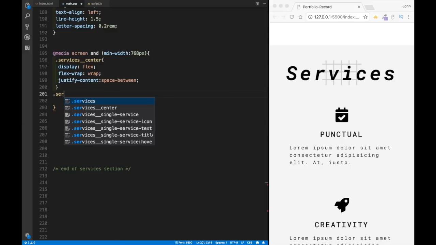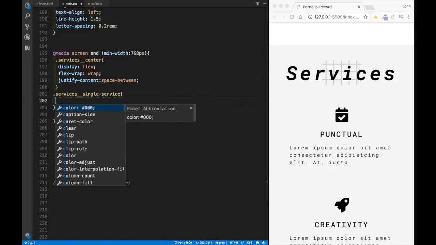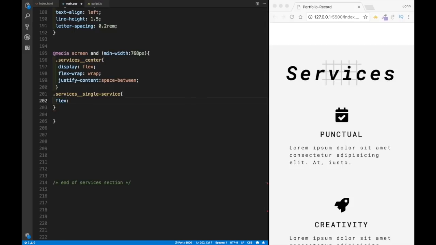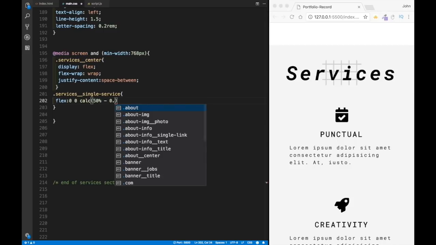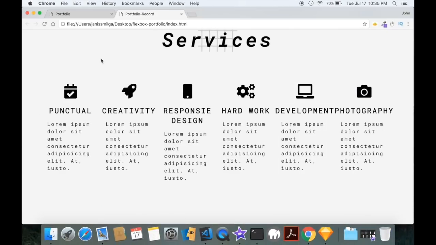Now, what was our single service? So this was our child. So we had services-single-service over here, and this was our child. For all of them, I'm going to say the same thing. We're going to say flex, then 0, so don't grow, don't shrink. And over here, we're going to say calc, and for the calculation, we're going to say 50% minus 0.5 rem. Once I save it, go back over here, and refresh,